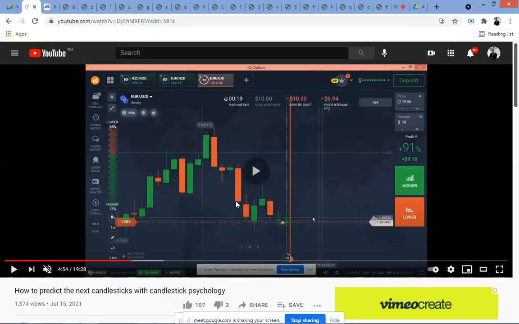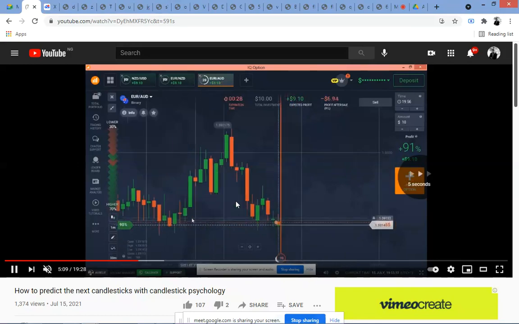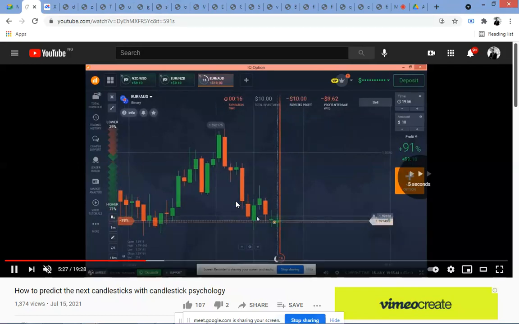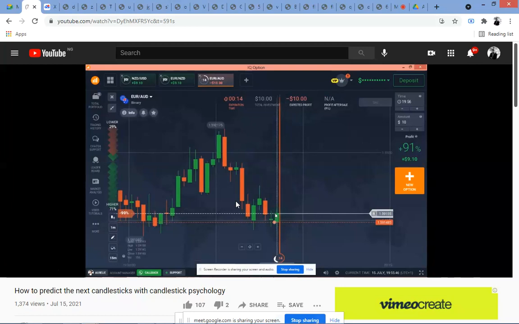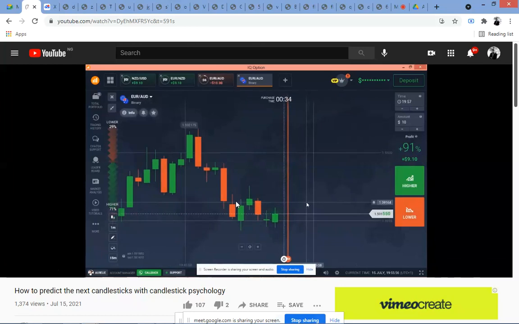That is why I lost this trade. I didn't observe the gap. But later, when I found out that I lost the trade, I found out that okay, there's a gap down. The gap down means that the market doesn't want to reverse at that moment. So you have to wait for another bullish candle before you finally reverse.